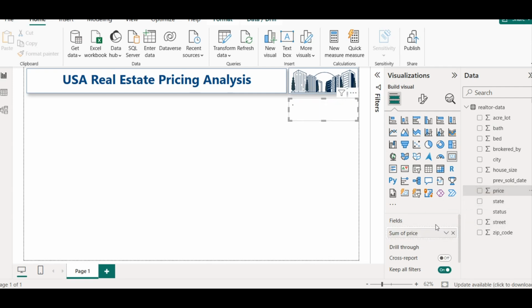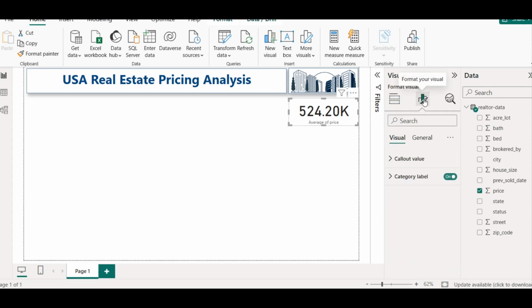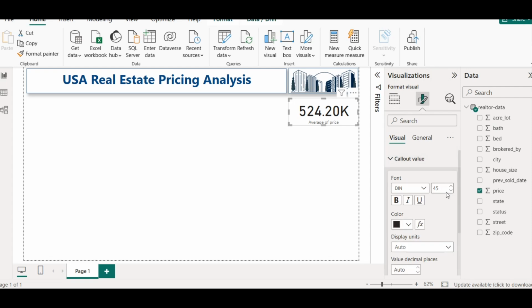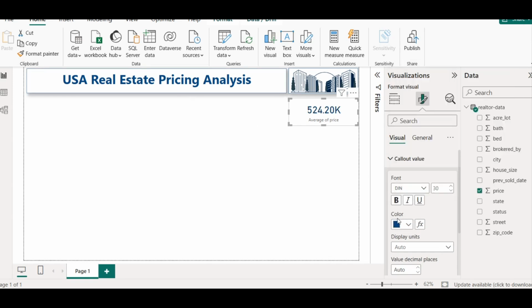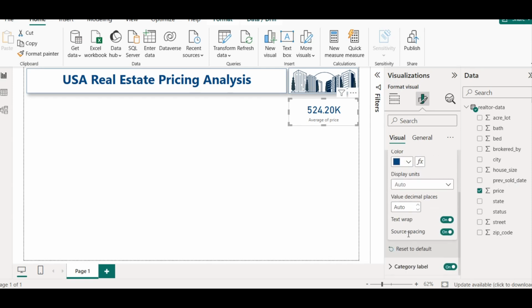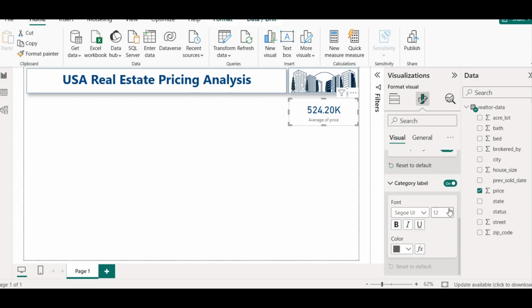So we will add price here, and we will see average pricing. The average pricing of a house is 524.20K. You can go to its format your visual setting. From here we will go with font size of around 30. Okay, we will select this primary color that we have selected, and in category label, if you want, you can